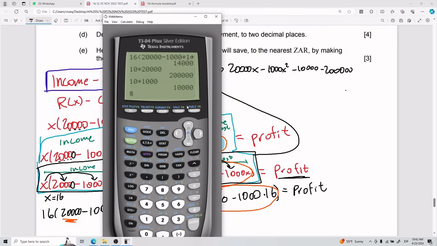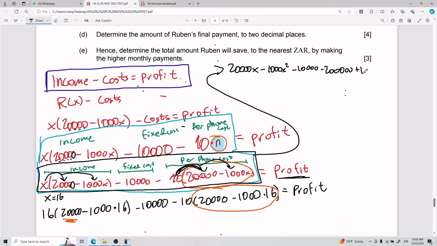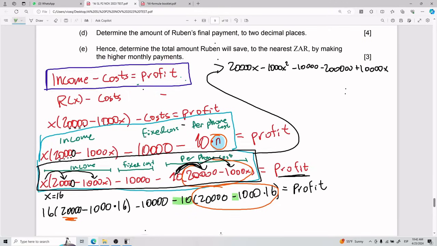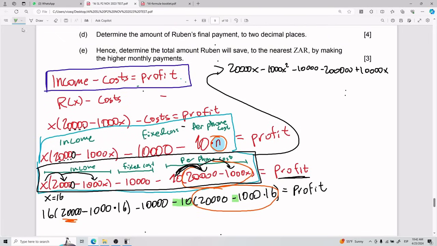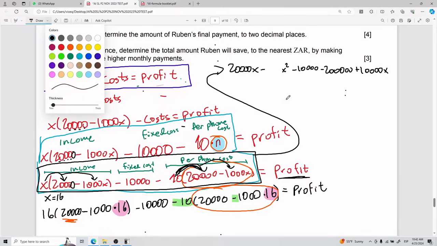All right, and here I have plus 10,000x, right? Why is it plus 10,000 and not negative? It's plus because here you're multiplying negative 10 times a negative 1,000. And because I'm a boomer and I didn't realize, there is a times 16 going around here and here. So yet another mistake for you guys to look and laugh at. So technically this first number here should have been